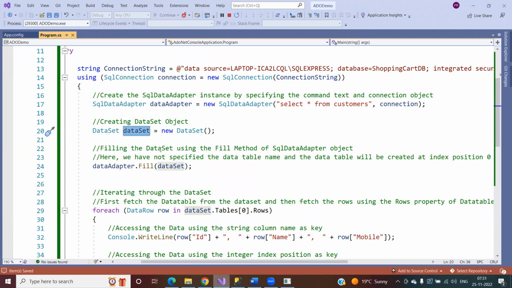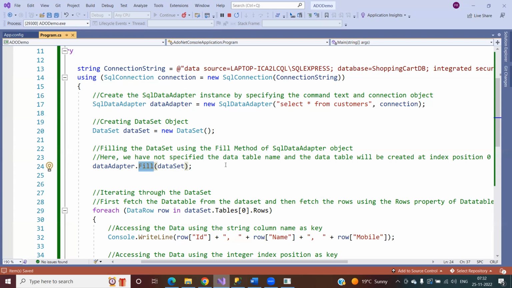And this data I'm going to fill inside this data set. So now filling the data set using the fill method of the SQL data adapter object. We have already discussed this. Now you guys tell me what this fill method is going to do. Anyone? It's going to fill that data into a data table of the data set. That is the thing. I just want to know what other things it does. It is not only going to fill the data. Apart from filling the data, which is one of the main operations, other things are also done by this fill method. Creation of a table? No. Open the connection and